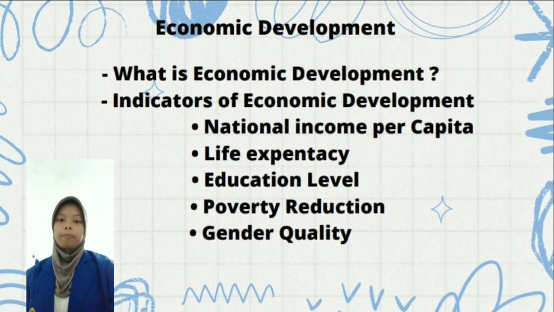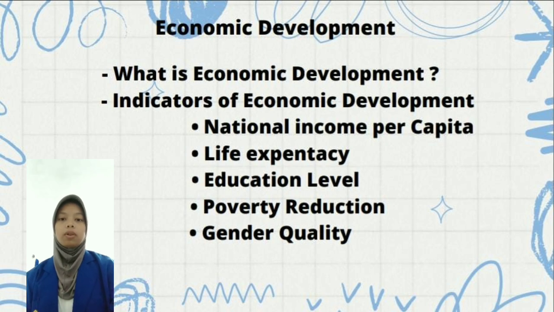And then key focus areas. Number one is income. Income is effort to increase the average income of individuals, increasing the purchasing power and standard of living. Number two is education. Providing access to quality education for all societal levels to improve skills and productivity. Number three is health. Ensuring adequate healthcare service so that people are healthier and more productive. Number four is infrastructure. Building essential facilities such as roads, electricity, clean water, and technology to support economic and social